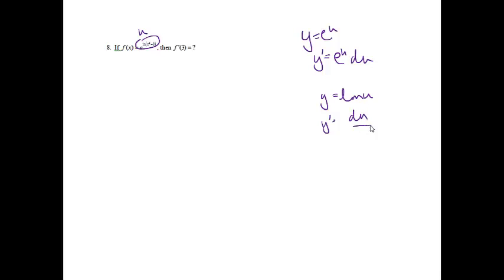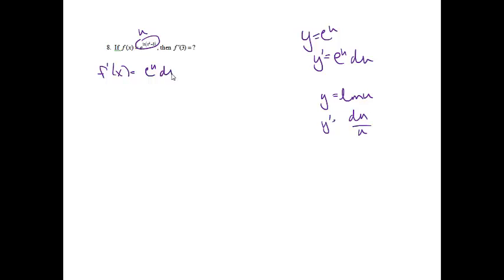is equal to what? Again, this involves taking the derivative, and I need to know a few things here. First of all, the derivative of e to the u is e to the u du, and then I notice that this is going to be my u, and I have an ln. So if I know that y is equal to ln of u, y prime is equal to du over u. And these are just formulas that you have to memorize again, so try to get them out of your memory there. So now we're going to have f prime of x is equal to, so e to the u